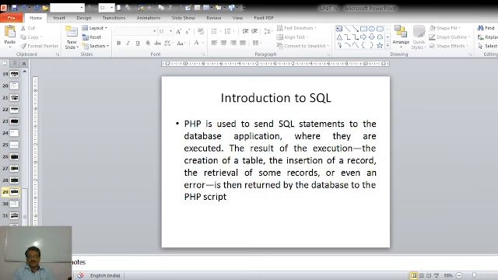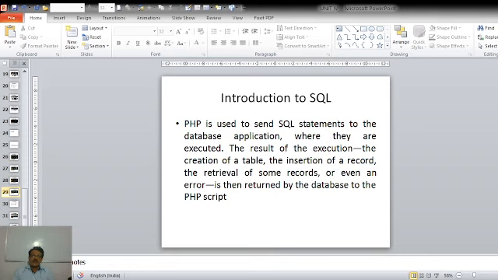Now, how is this SQL executed with the help of PHP? PHP will not execute the SQL statements. PHP is used to send these SQL statements to the database application, and in our case it is the MySQL database.